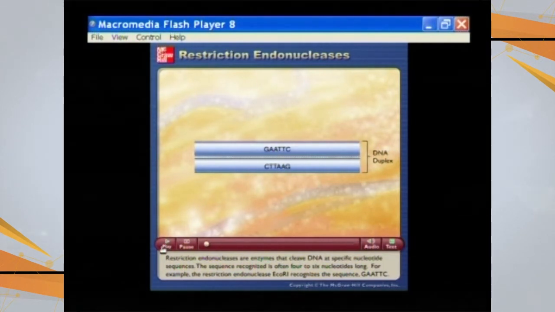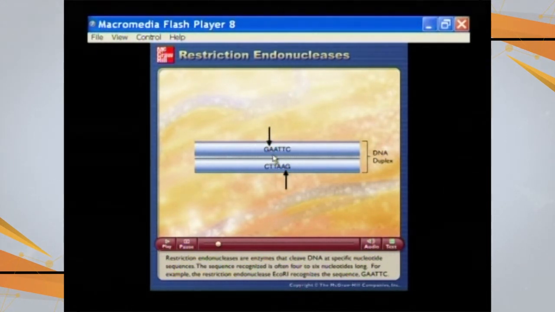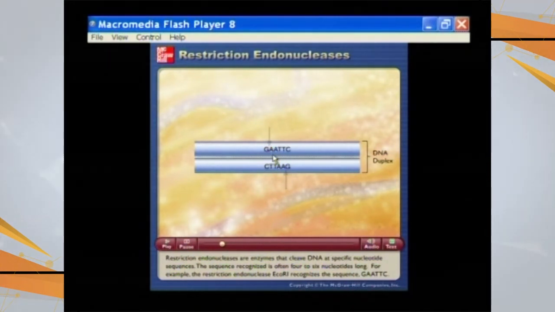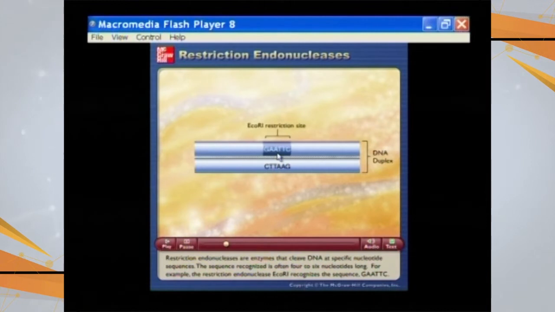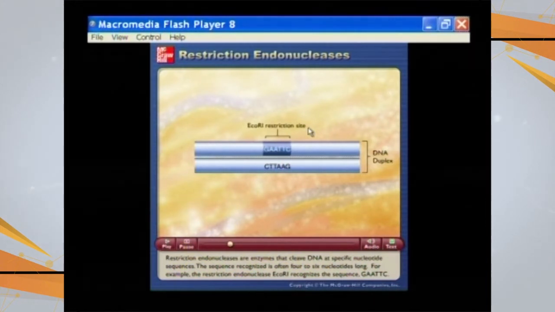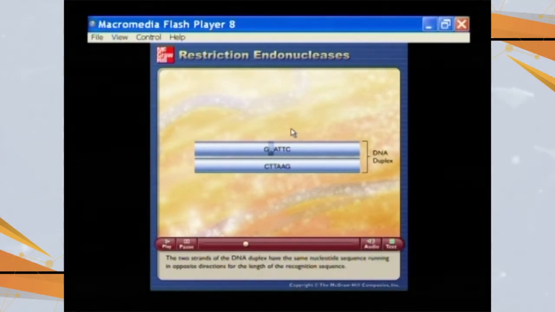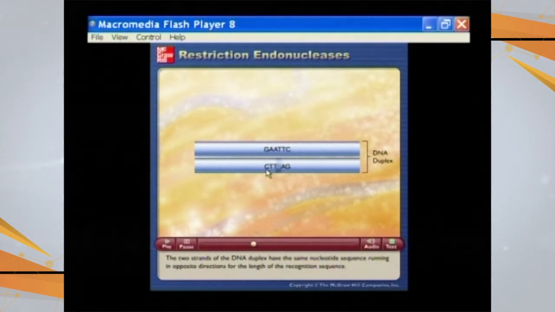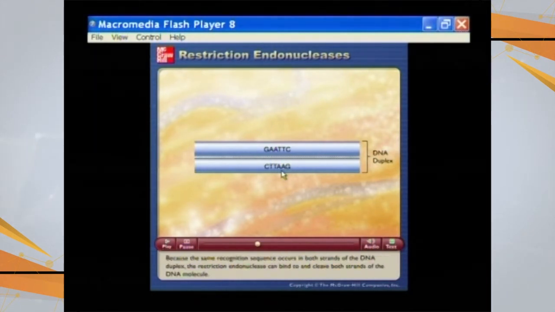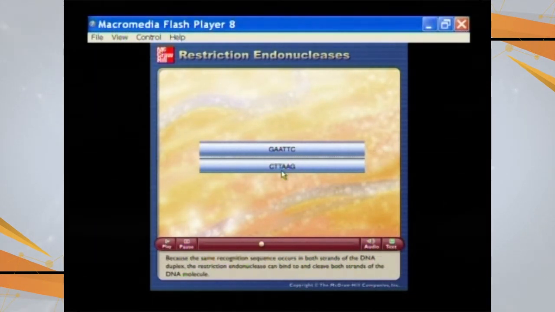Looking at an animation of these restriction endonucleases. Restriction endonucleases are basically enzymes that cleave DNA at specific nucleotide sequences. Let us say this is the sequence here, like we have gone with EcoR1, that is GAATTC. This is the restriction site for that specific enzyme, and more than 2000 such enzymes have been isolated. All of these have specific complementary sites. These complementary sites are in the reverse form. Whatever is there, the reverse form is there on the other strand.